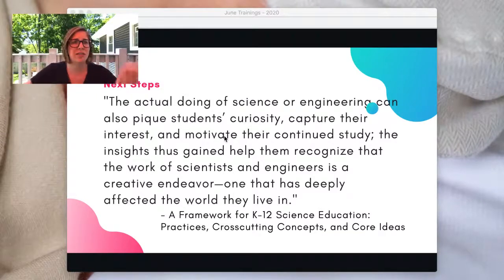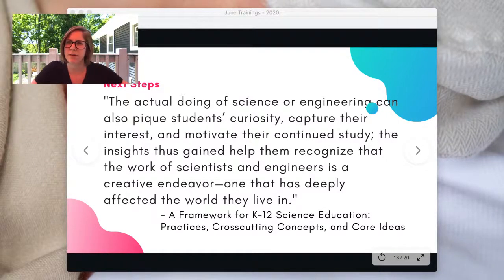When we just tell students information, we're conveying that science is this passive thing where, okay, here's a bunch of facts and this is the way it is. When we're engaging them in the practices, they're actually getting to experience science in the real world, which is actually being creative and figuring things out and asking questions and really,